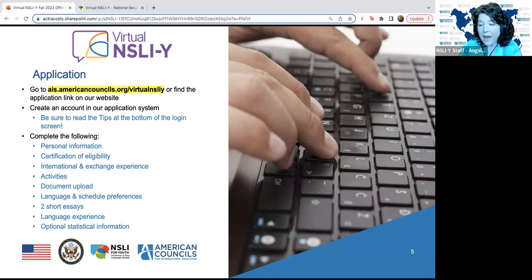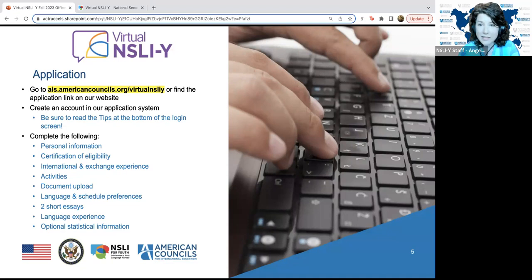While we do ask for a school transcript as part of your application, your motivation for learning about foreign languages and cultures is what we put more emphasis on than your school grades. And also we want to note that while Virtual NSLI-Y provides students with grades as a tool to help you benchmark your progress, this is not a credit-bearing course. The goal of the program is not to get a 100%. It's to get you comfortable with your selected language and to motivate you to keep learning after your program is over.